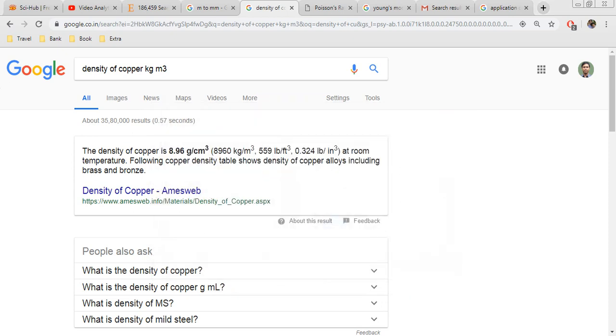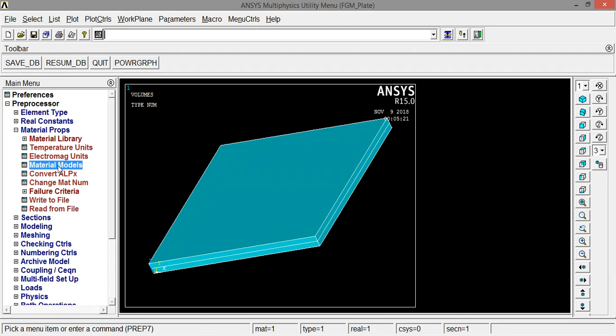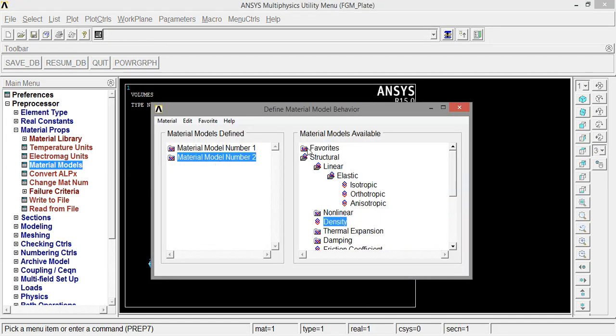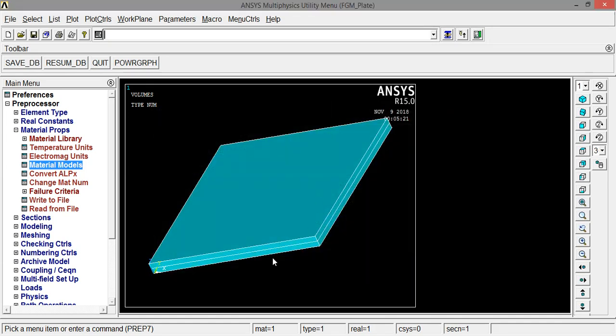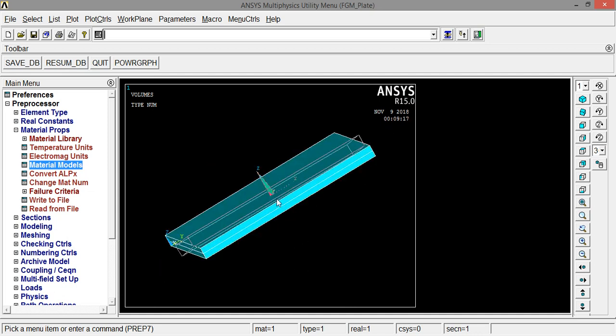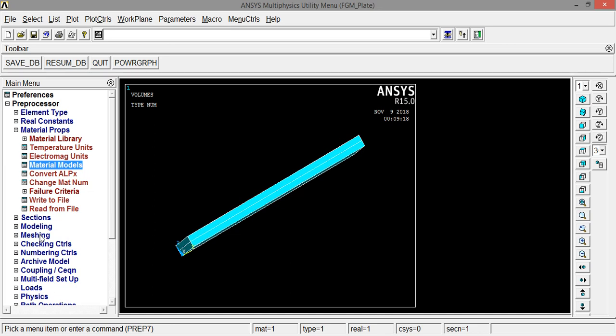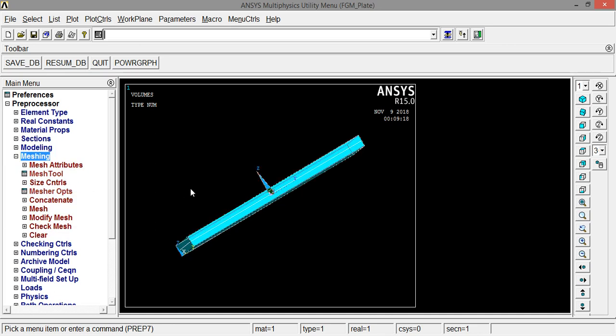Okay, close. So you can see that two material models have come. Now if you see, both the plate or both the volumes consist of material model 1. So I need to assign one with the copper and another with the aluminum. So before that I need to do the meshing. Use the mesh tool,